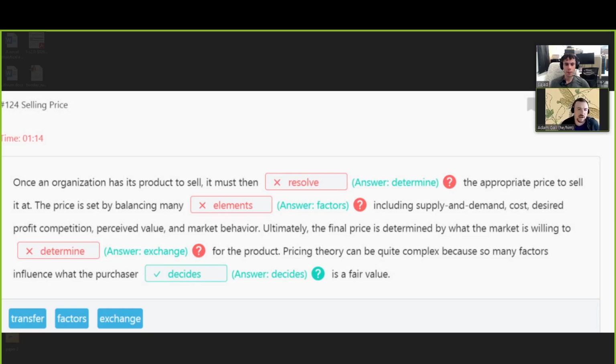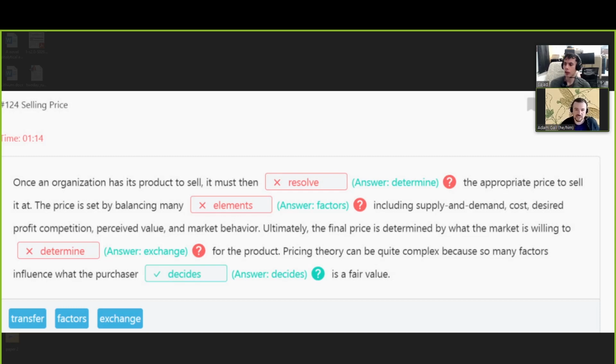Okay, and then ultimately the final price is determined by what the market is willing to. I think the repetition of determine rules out using it, but also if we're talking about a market and what a market does, then a market is about a process of exchange. So exchange is a better choice. In a market it's usually an exchange of goods or of money. So a market as a subject is more likely to be involved in exchange